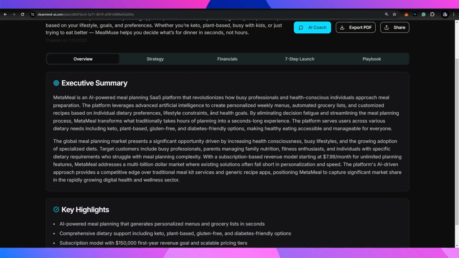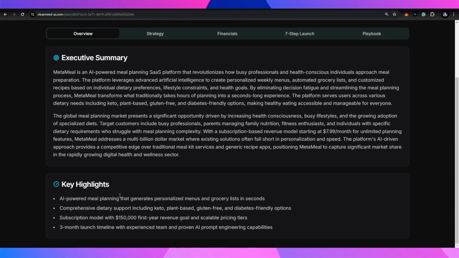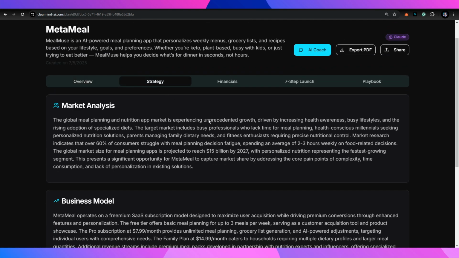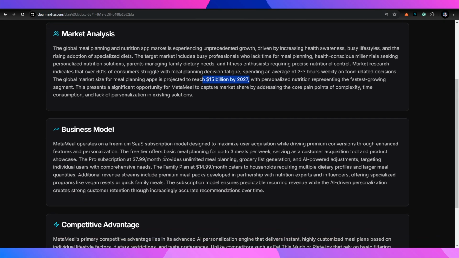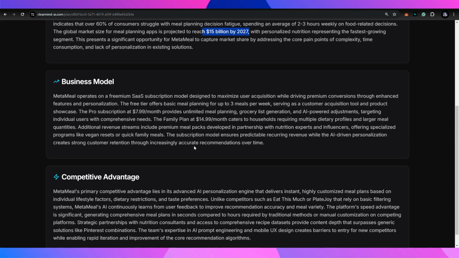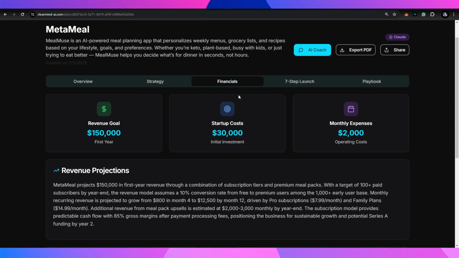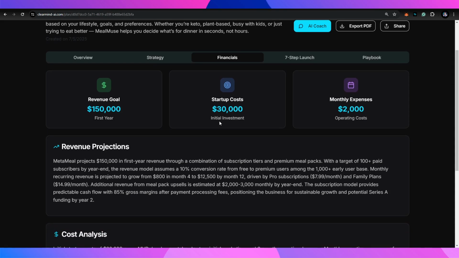We got an executive summary of everything about the app that we created, all the details that our AI is able to go out and reach to look at the market, our key insights of what we entered, a very strategic marketing analysis of what's out there and what it's going to look like by 2027, what is the rise, our current business model that we are looking to implement, advantages, and financials for people that are really strict about financing and making sure they know what they need to do to get to their goal, right?